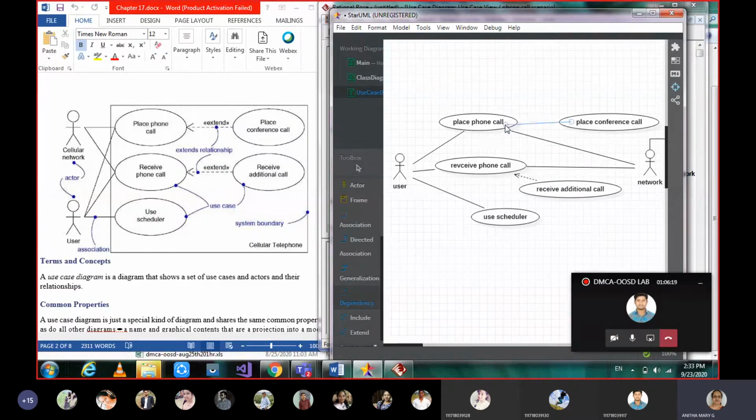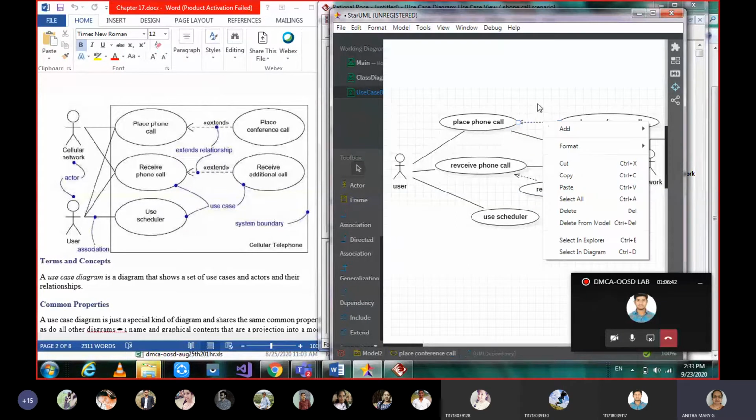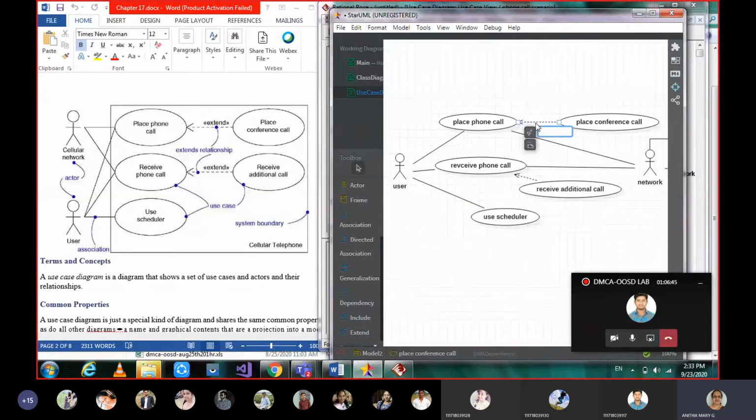Okay, we give dependency. And somewhere I have seen that label now. If you double click on that, here we are able to see. There, if you type the stereotype, you see extend. So this is how. When you place the mouse cursor, whatever you are getting, you can do there.